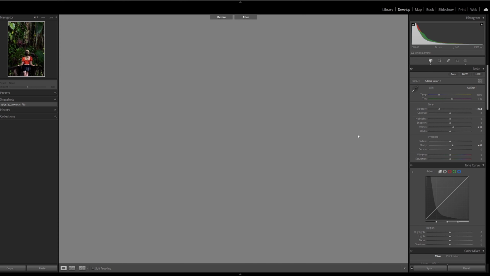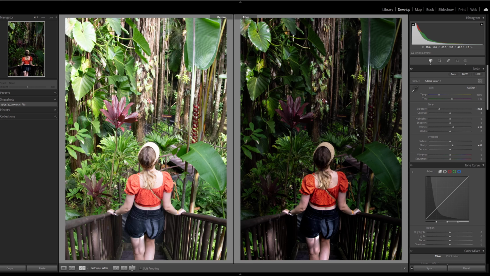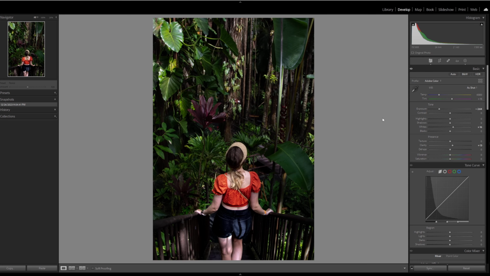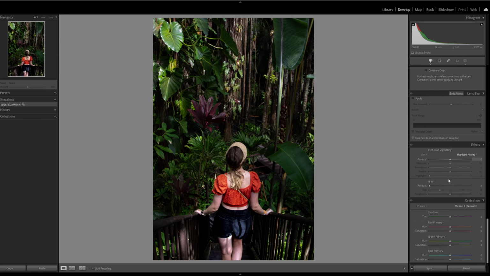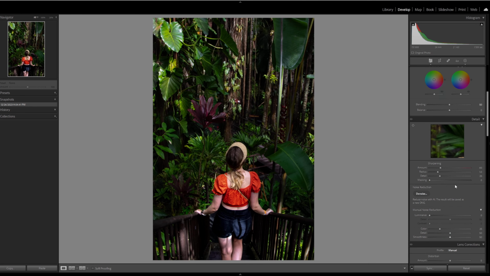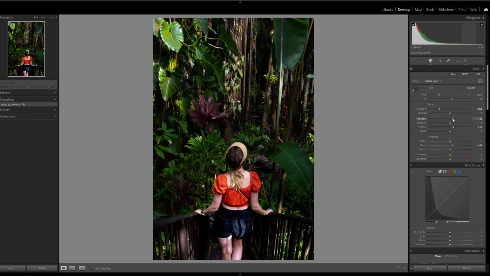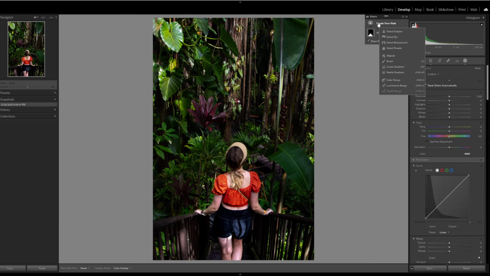So as you see, there is a huge difference already, but we'll improve this a little more. So let's do the slight adjustment of the saturation, some adjustment of the highlights, shadows, and create a